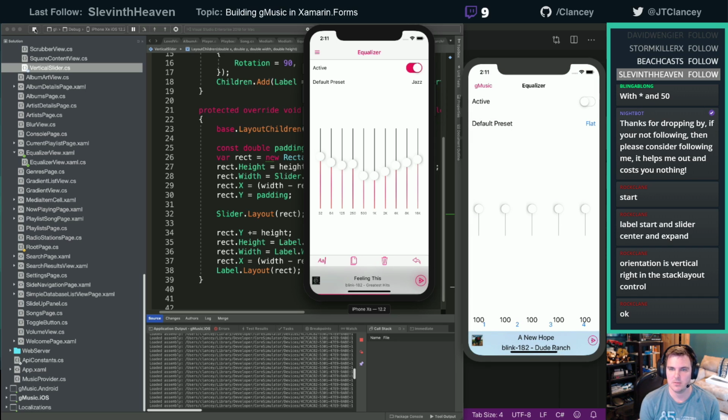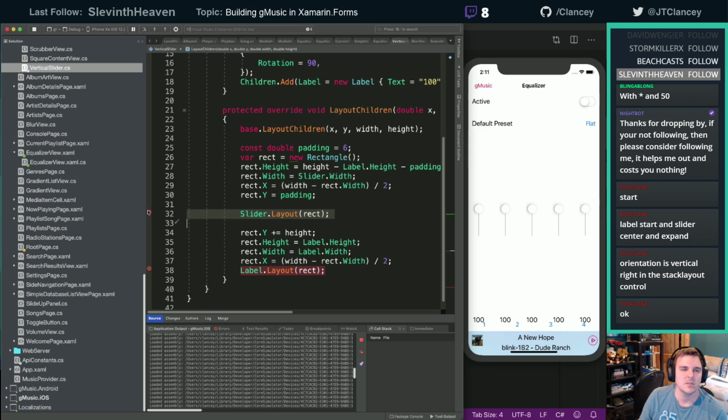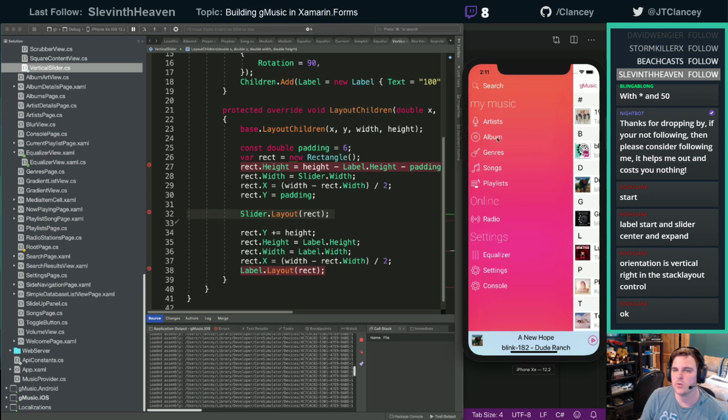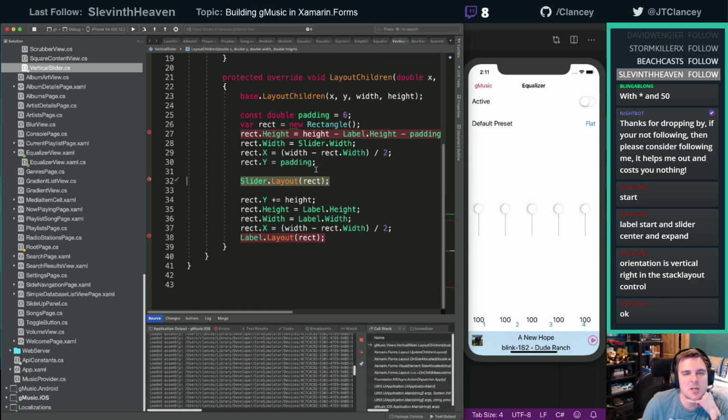All right. Why are those heights off? Let's put some breakpoints in. And let's try again. All right. We're going to put one here. Now, I don't know if I go back to that. Yes, okay. That's what I was hoping for. All right. Height. Hey, we have a label height. We have incoming height of 545, width of 66. Okay. So at this point, that puts our slider height at 500.